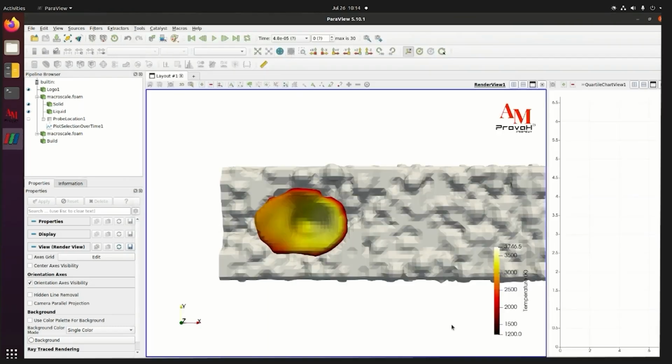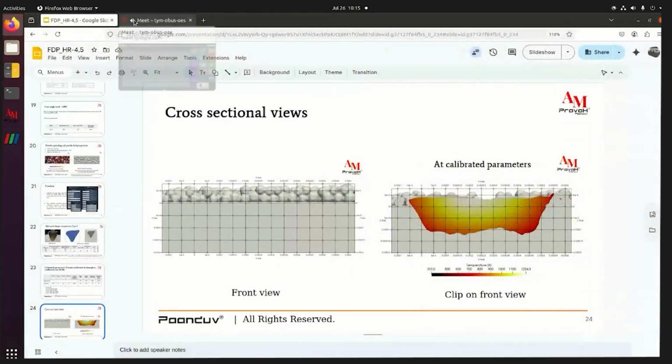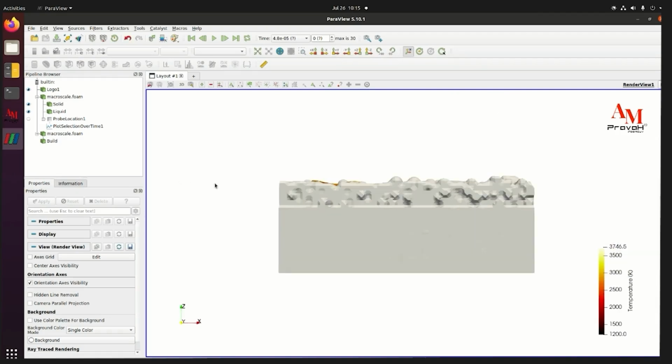Minimize this window. Okay. Now let's go to our PPT. So here we want to see the front view for the whole part, and then with the build part. So let's recreate it. For that, you have these number of views here. So go in the plus Y set direction. Okay. Now